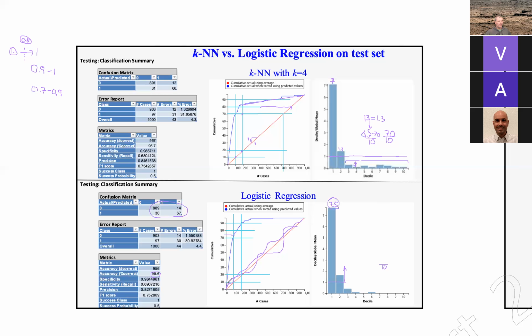So you always want to look at the first decile. In general, you expect a well-behaved model to do something like this, where they're doing that. If you have a model that does this,